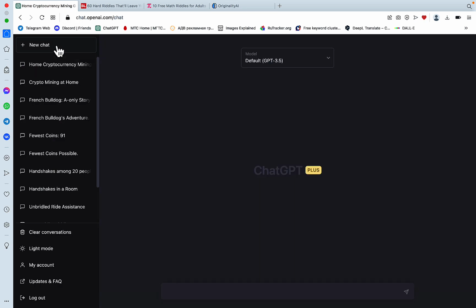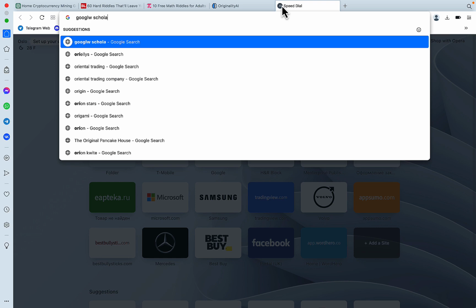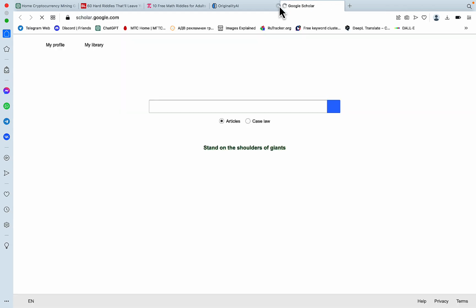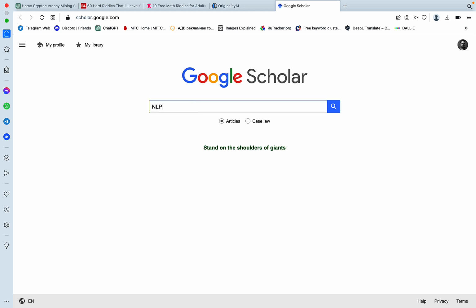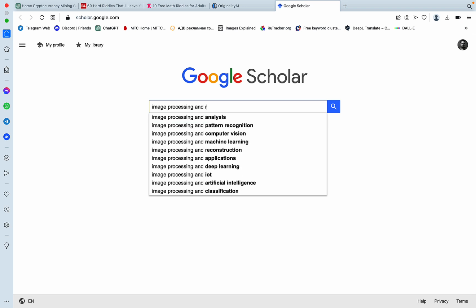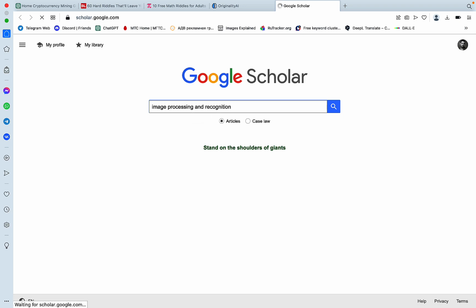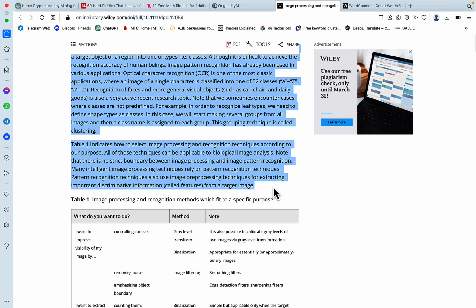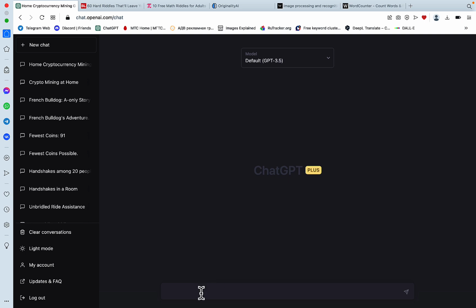Interesting. So the last test I wanted to conduct for today was something that has to do with critical thinking. Let's go to Google Scholar. Let's pick something technical like NLP, like image processing and recognition. So let's copy the intro and the overview. That should suffice. And now, GPT 3.5, I want you to analyze the below text and